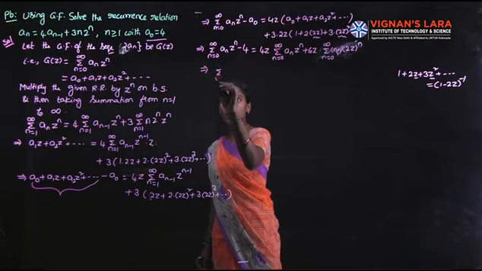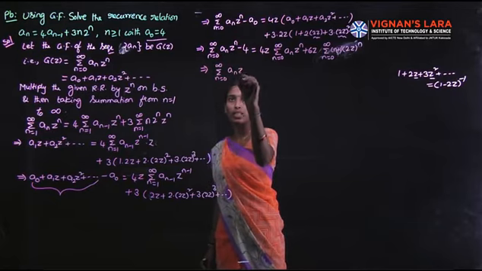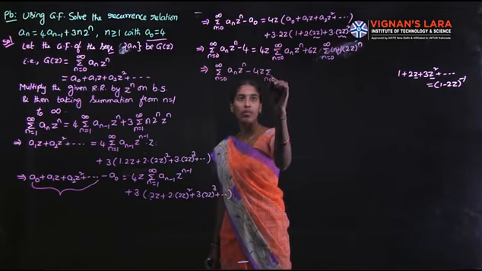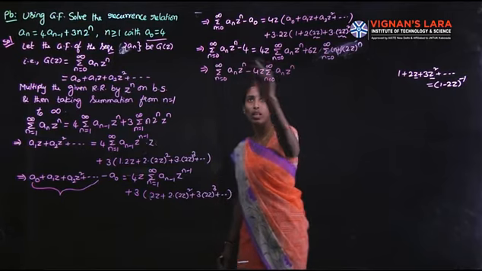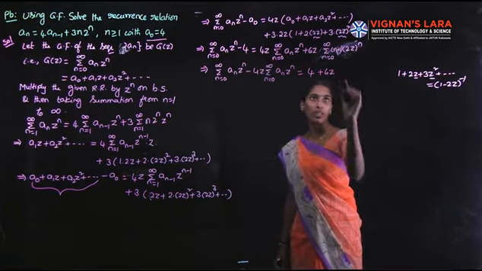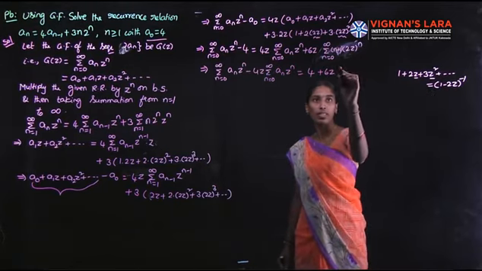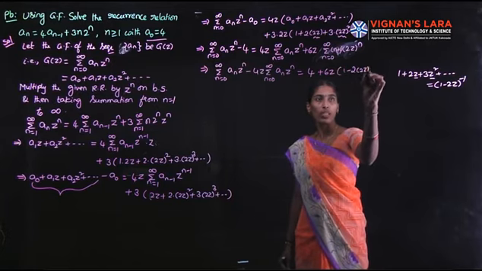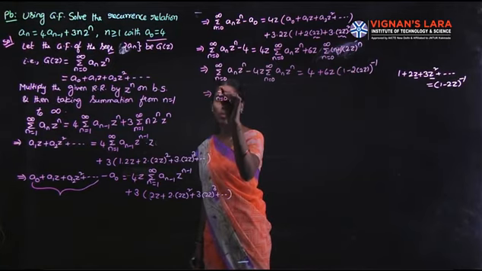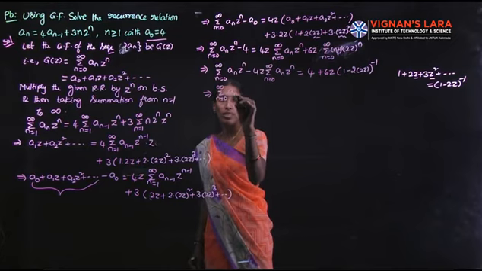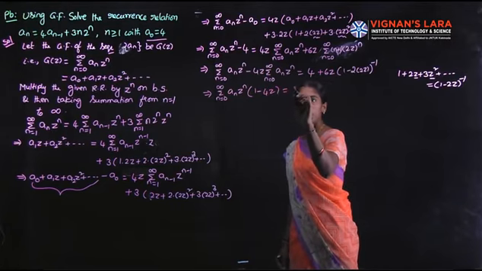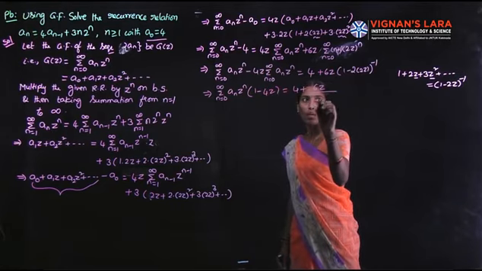So it is summation n equal to 0 to infinity a_n z^n. Take this term to the left side: minus 4z sigma n equal to 0 to infinity a_n z^n. Move this minus 4 to the other side, it becomes plus 4, plus 6z into, using this formula, which can be written as (1 minus 2 into 2z) whole inverse. Taking common sigma n equal to 0 to infinity a_n z^n, the remaining in the first term is 1, and in the second term 4z, equal to 4 plus 6z by (1 minus 4z).